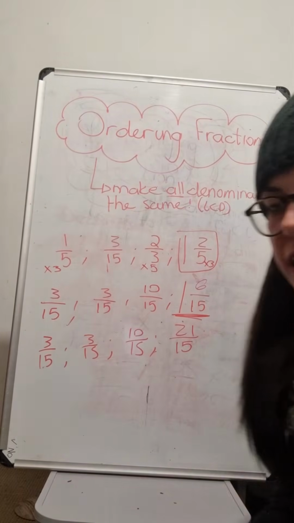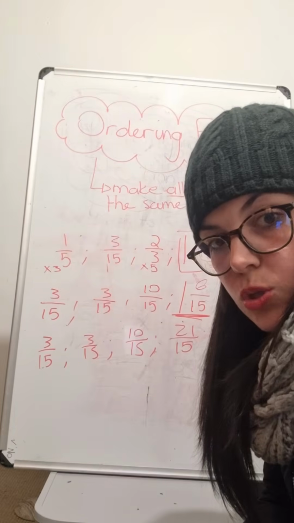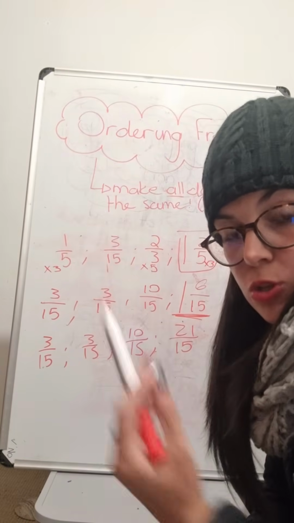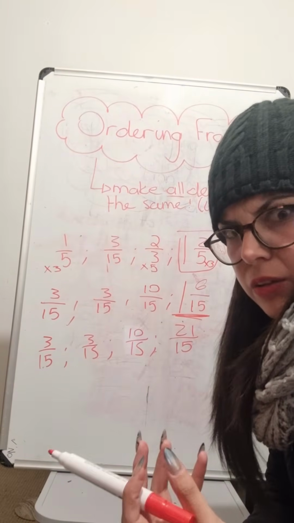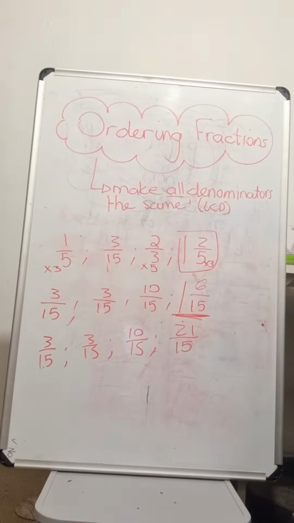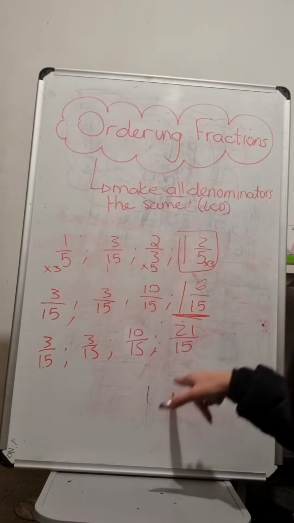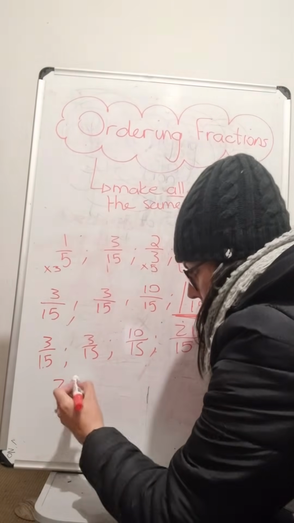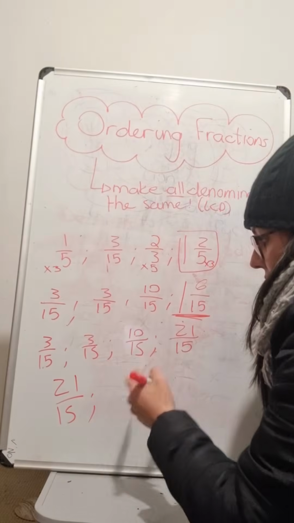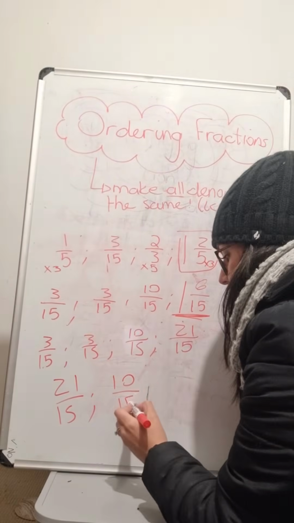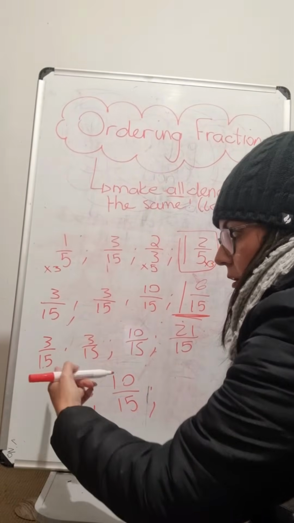Now, let's say this question had asked me to put them in descending order, so biggest to smallest. That one's definitely the biggest. Then 10 over 15. Now, when you have 2 fractions that are equivalent, or